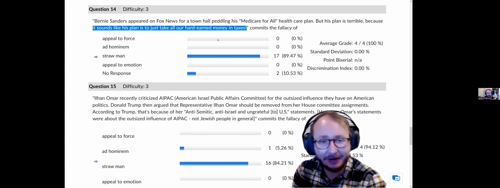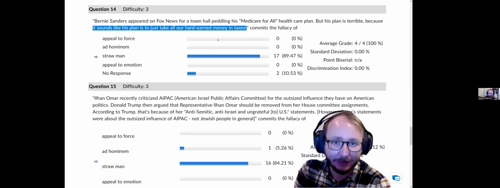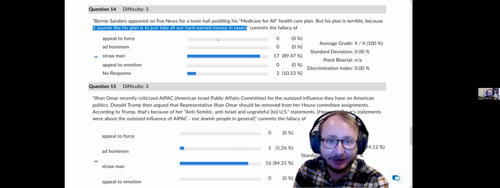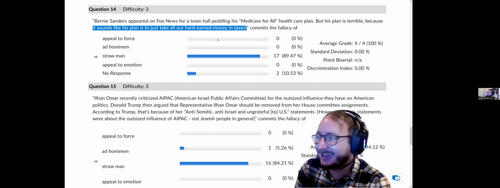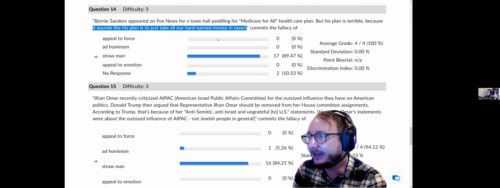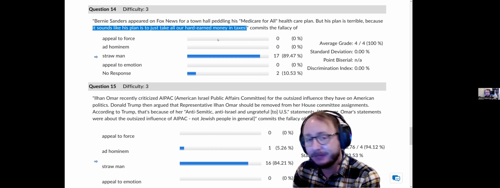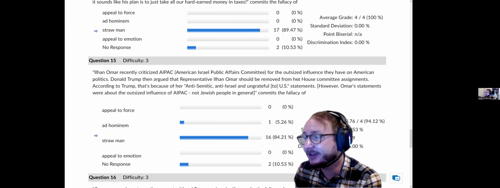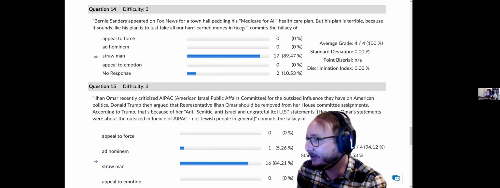Medicare for all is the idea that everybody would be covered by one national insurance plan, so you wouldn't have to worry about United Healthcare denying your claims on the basis of their made-up AI nonsense. But yeah, it would require raising taxes, but if you look into it, it would save us a lot of money because we spend tons of money on healthcare premiums. Anyway, this is a misrepresentation of what Bernie Sanders was saying.